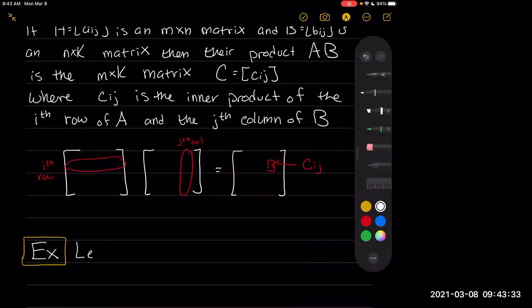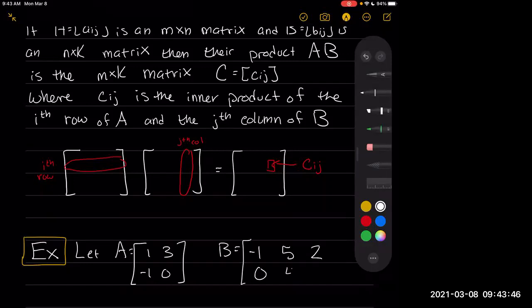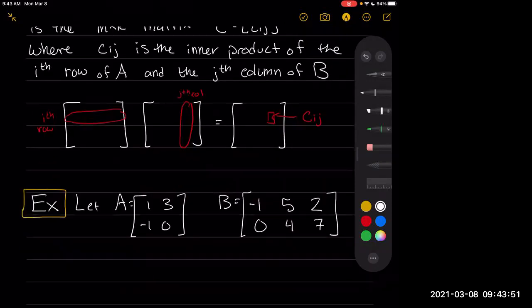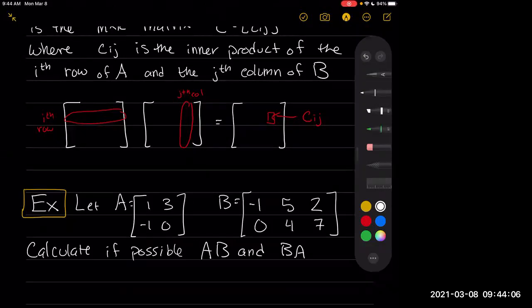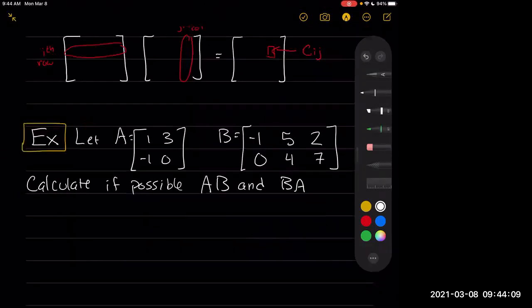We're going to let A equal 1, 3, negative 1, 0, and B equal negative 1, 5, 2, 0, 4, 7. So we want to calculate, if possible, AB and BA. So A is a 2 by 2,